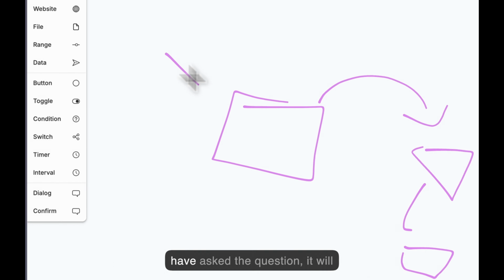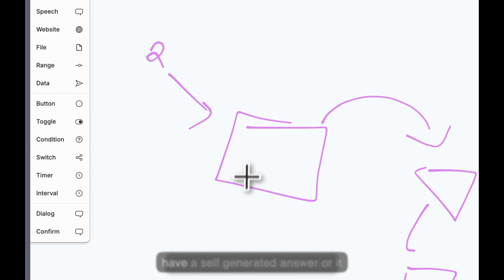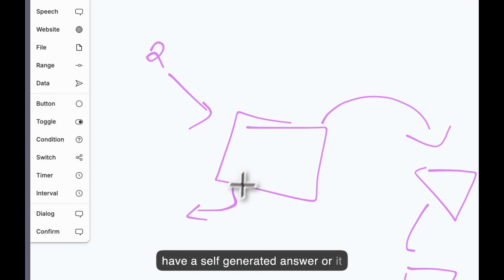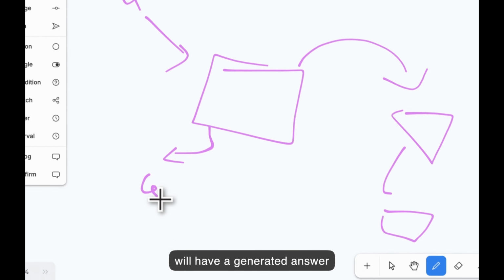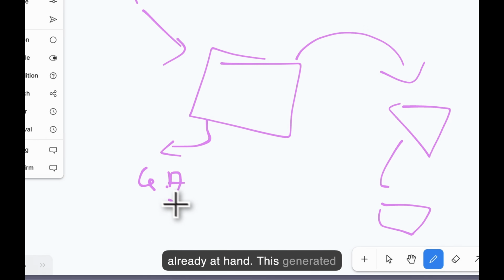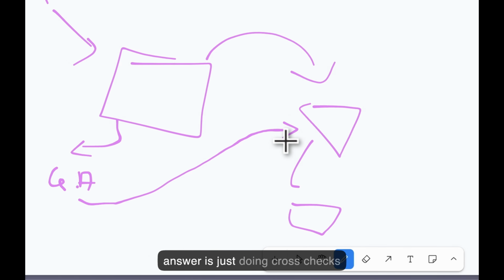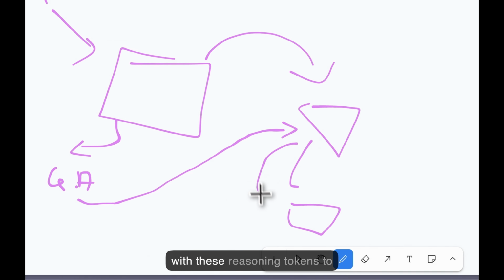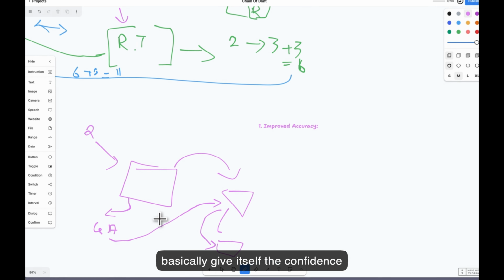So let's say I have asked a question. It will have a self-generated answer already at hand. This generated answer is just doing cross checks with these reasoning tokens to basically give itself the confidence that, hey,